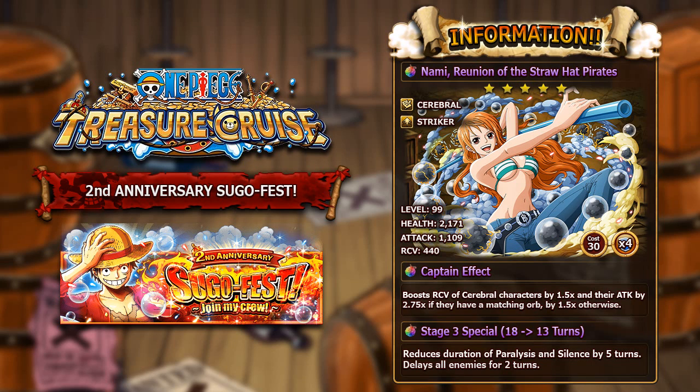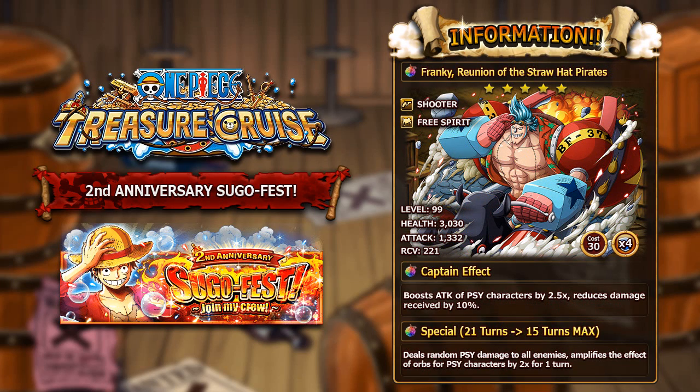her really, really well. But even if she doesn't get a boost, she's still amazing to put in a team because of how powerful that special is, reducing paralysis and silence by 5 turns, as well as the delay. It's just a super powerful special, and definitely one of the units I am looking forward to getting in this upcoming SUGO-FEST. Now, the last new unit in this batch that we're going to overview before the new Luffy is